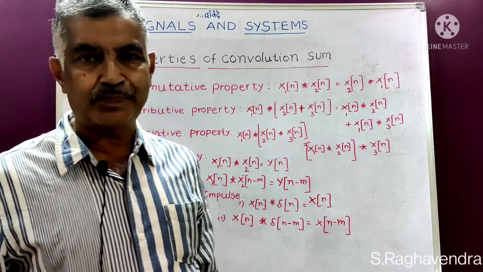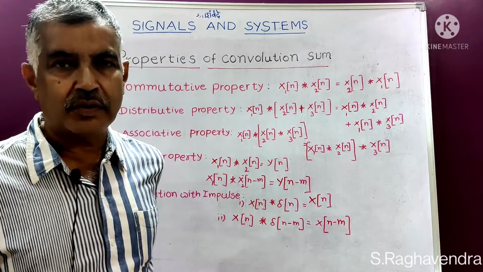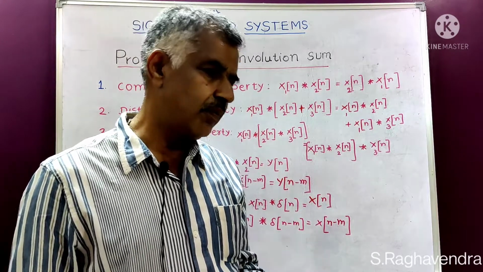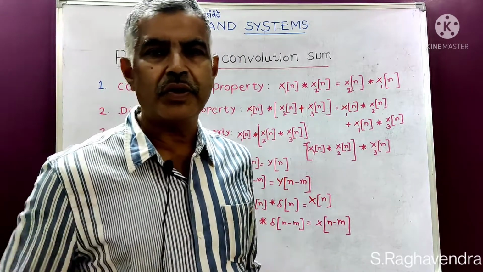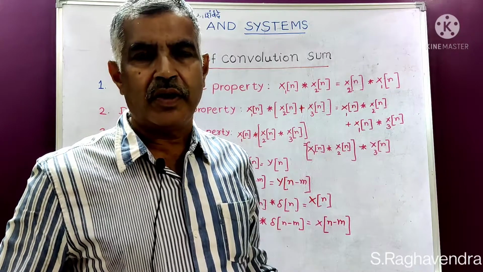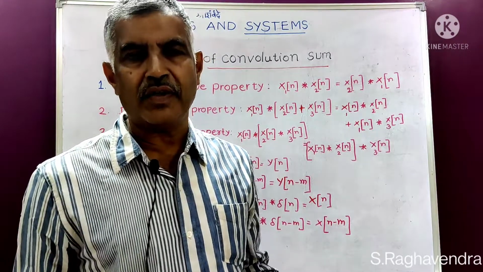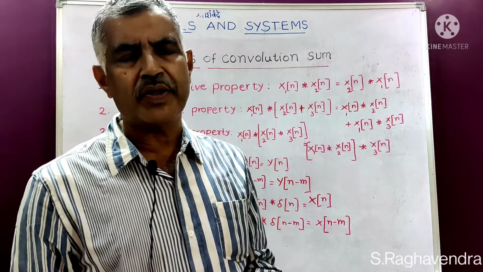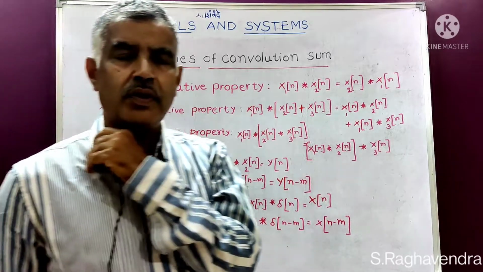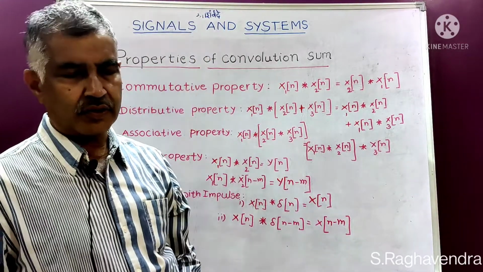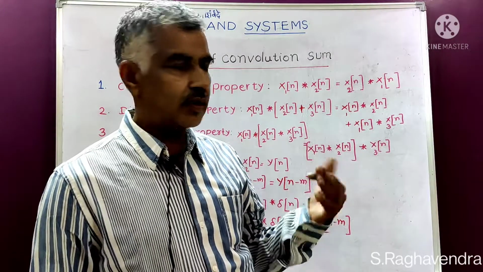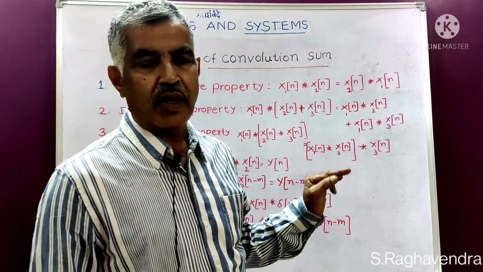In the last class I finished with the convolution sum, working out a problem. The convolution sum involves a shifting operation and a mirror image operation, then taking the product, and then taking the sum. So scaling doesn't come into the picture. To continue, I think one example I have solved. I hope that is sufficient, because there are too many topics I have to cover.